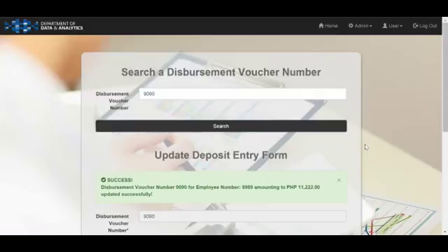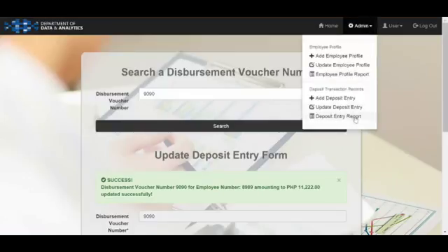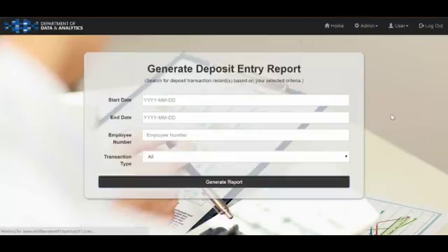So this is an administrative privilege wherein you can view all the possible transactions inside the system. For us to do that, you need to go to the admin drop-down menu and press deposit entry report. Within deposit entry report, you have the following selection criteria: start date, end date, employee number, transaction type. Again, you don't need to enter the exact employee number. You just need to enter at least a part of the employee number